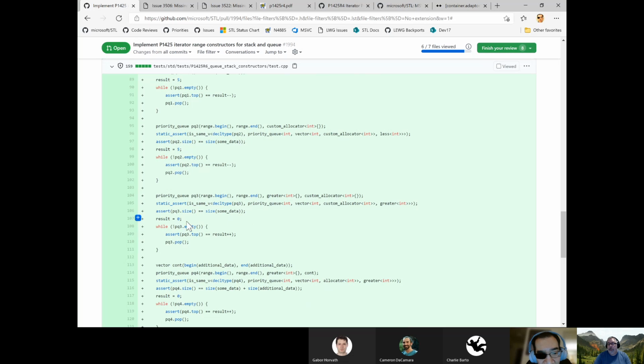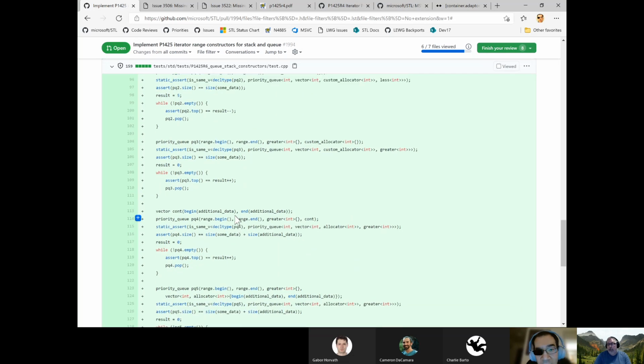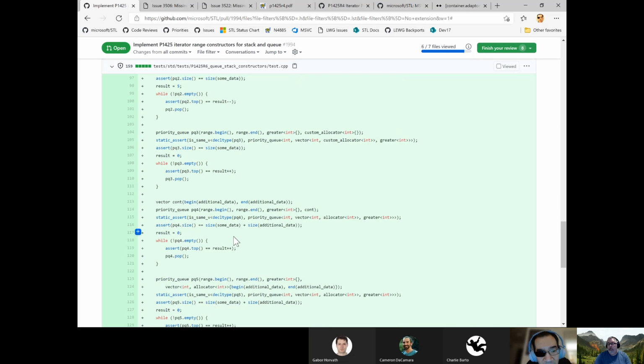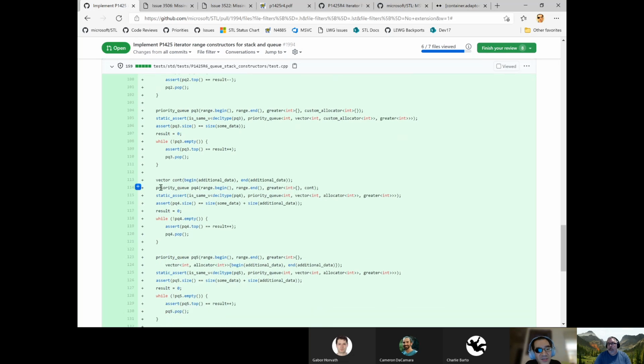PQ3 size, look at all the values coming out. Okay, that's good. And yes, when you use greater, it's opposite order. So instead of 5 counting down, we get 0 counting up. So that's good. Now we're going to have a vector using CTAD,